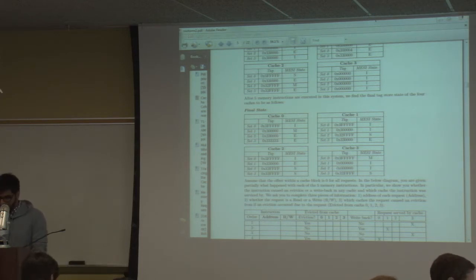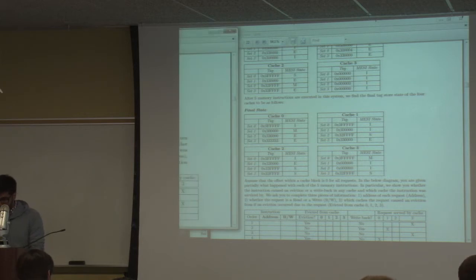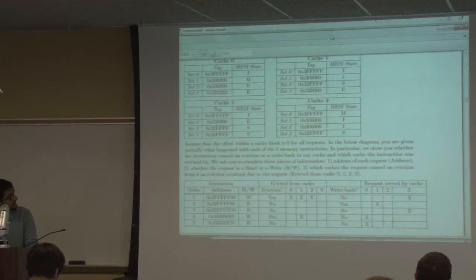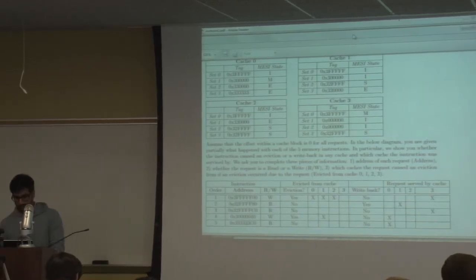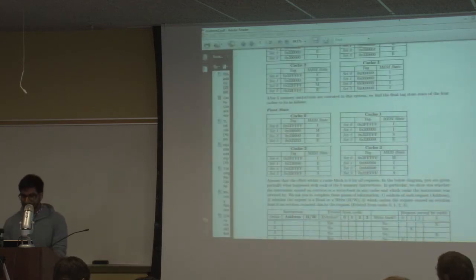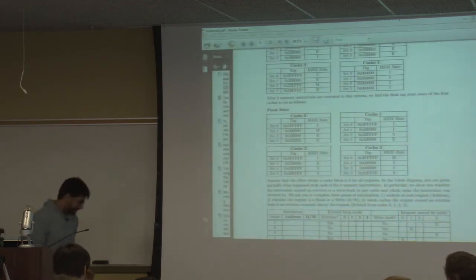You're given that the block offset is 6 bits, and then there's 4 sets, so that's 2 bits. So the answers are here, and I'll explain how you'd go about doing it. Why don't you work it on the board? Okay, fine, I'll move it away. No answers for you guys. Okay, so